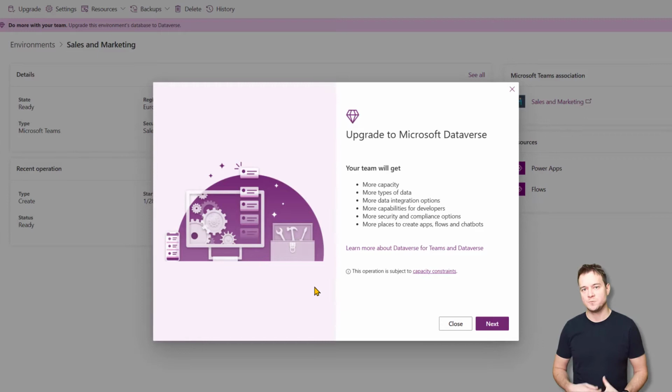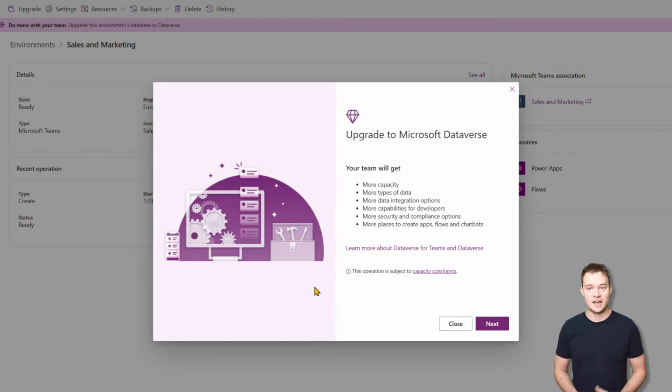It has to be aware that in your regular Dataverse you have enough capacity to create a new environment. If you don't have enough capacity in your tenant, then obviously you need to either remove an existing environment that is not being used,